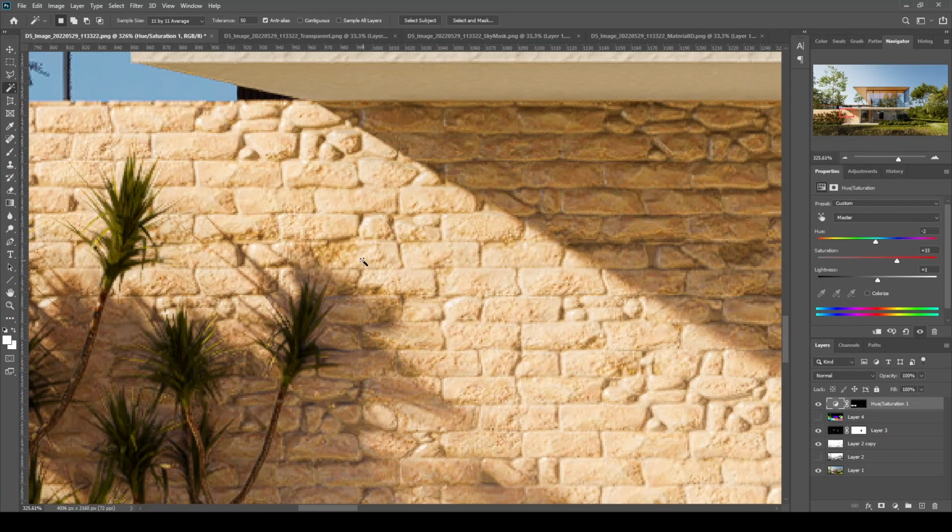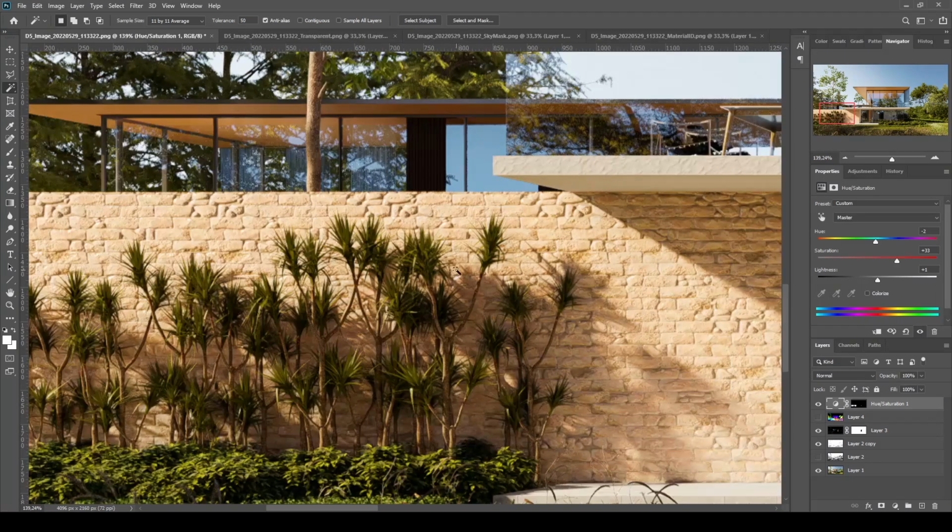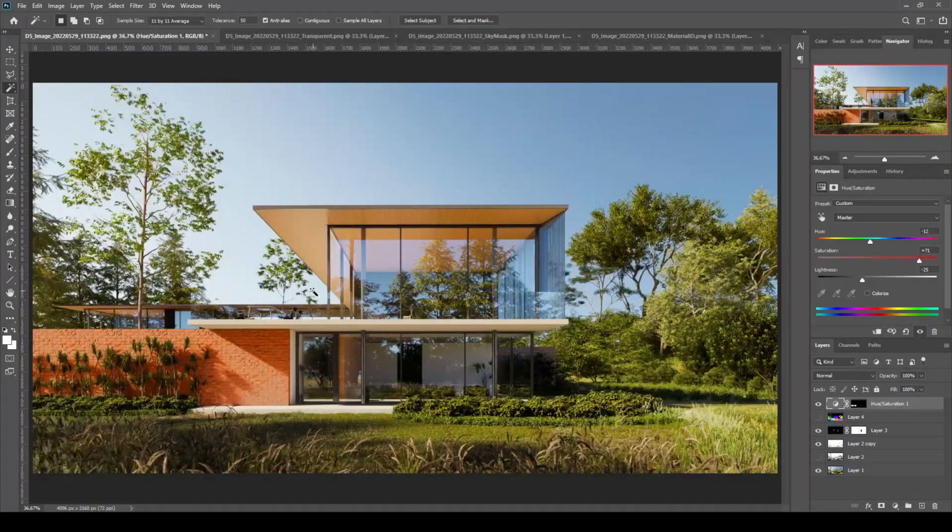Without this material ID selection, you cannot select this brick because we have lots of vegetation here and it's very hard to cope with that selection between those vegetations. But I think the original color was better, so I go back here. And maybe I can use a green wall. Yeah. There we go.